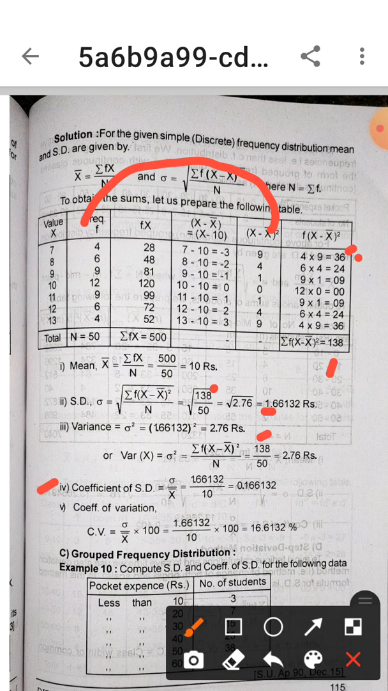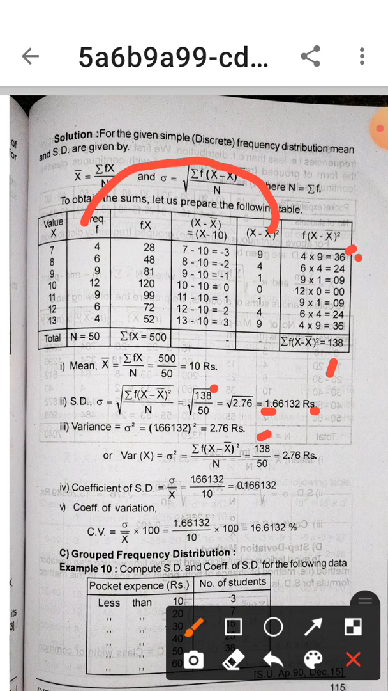Okay, then coefficient of SD. Coefficient of SD is the ratio of standard deviation to mean, or we can write sigma upon mean. What is the sigma in the distribution is 1.66 upon its mean, that is 10. It will get 0.16. Okay, just take two digits. Okay, then last one is coefficient of variation or coefficient of variance, CV is equal to